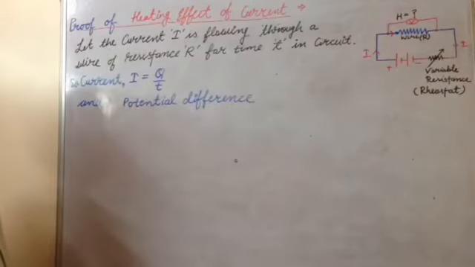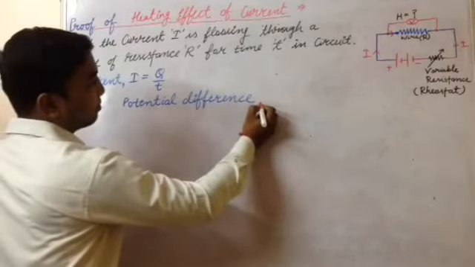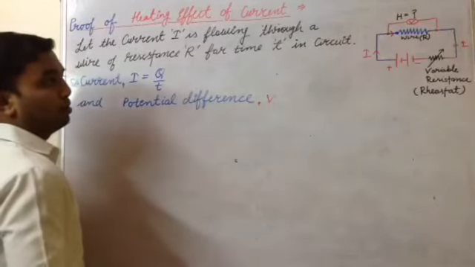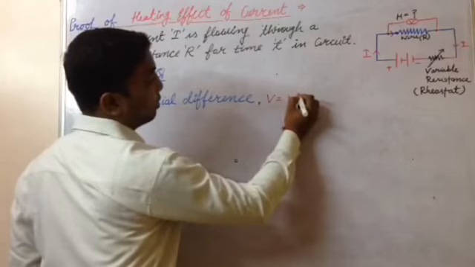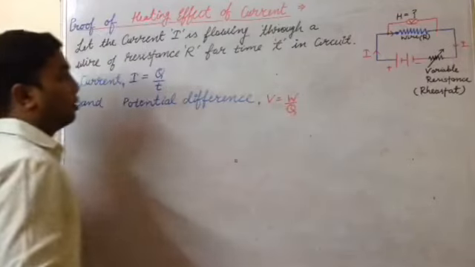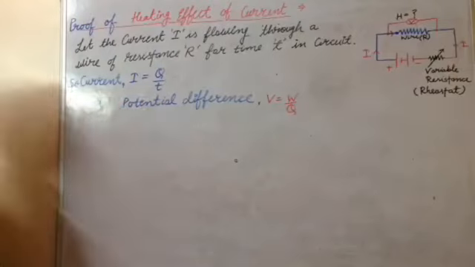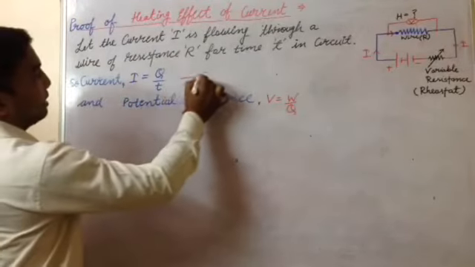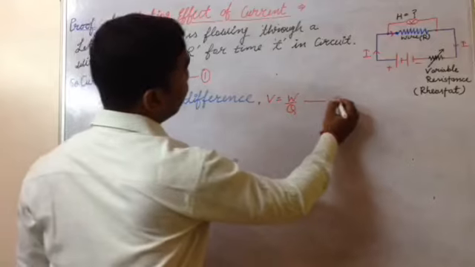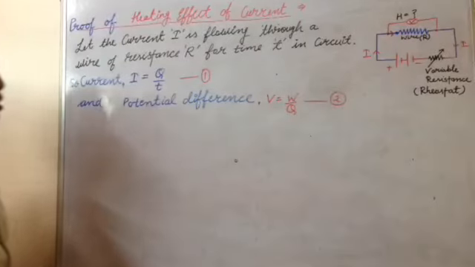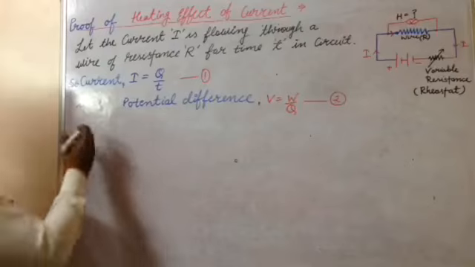What is the potential difference here? V equal to W upon Q. Yes, you are right. Is this clear? Ultimately, we have given information about the current flowing through this wire and the potential difference across the wire. So potential difference and current, both formulas we have written. If you want to give names, you can write this is equation 1, that's equation 2. Fine. Now, what will you write?